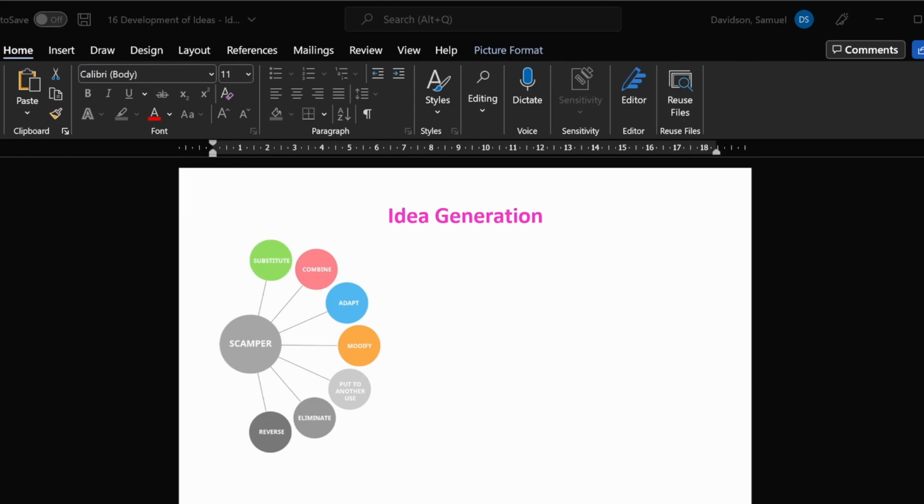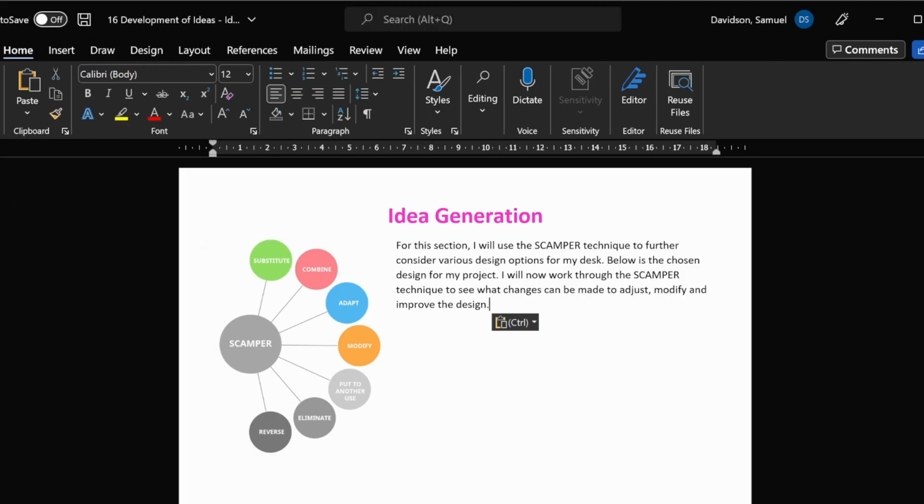But before we get into that, let's have a look at how to set the rest of this section up. And for this, I would recommend going through and adding a sentence, something like this. For this section, I will use the Scamper Technique to further consider various design options for my desk. Now, you would apply whatever you're making here. I'm presuming I'm making a desk. Below is the chosen design for my product or project. I will now work through the Scamper Technique and see what changes can be made to adjust, modify, or improve